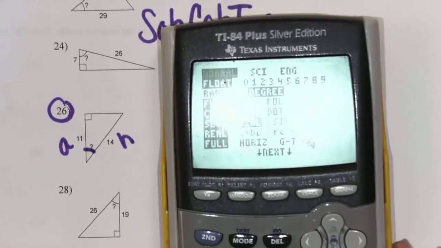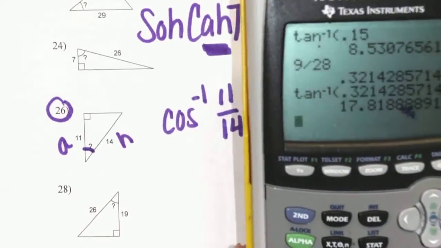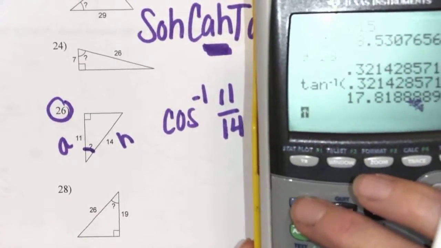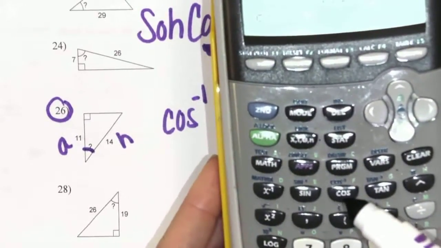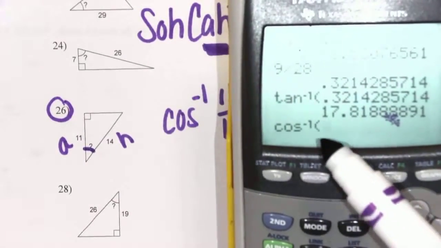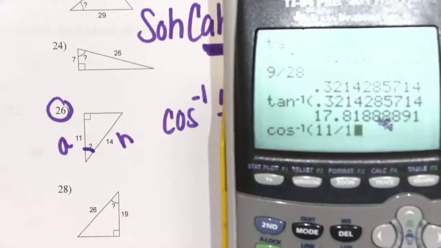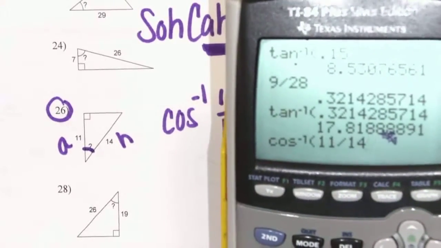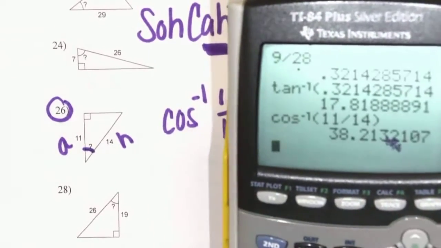All right, next, to put this in, this is a little dark, you want to make sure that I'm hitting inverse cosine, the cosine with the -1. So I'm going to hit second cosine, COS. There's a button right here, COS. But I'm going to hit the second, and when I do that, you'll see I get the little -1 with it. And then I put in my fraction, 11 divided by 14, and I hit enter. Oops, got a little extra there. 11 divided by 14, make sure that's in the parentheses. And I get